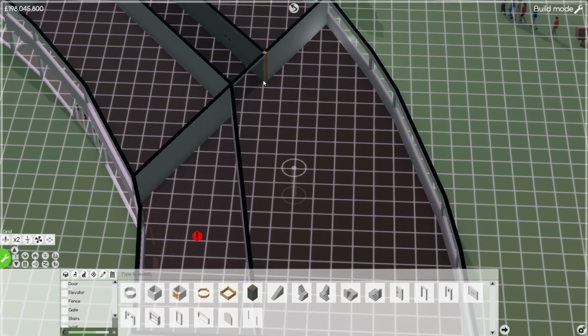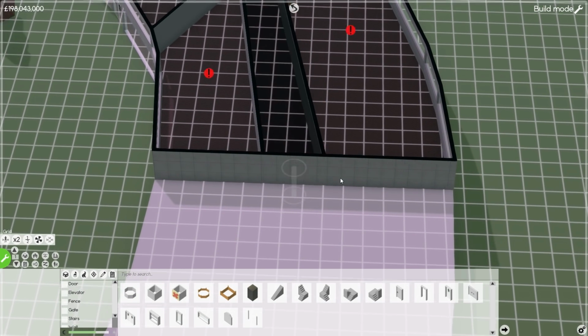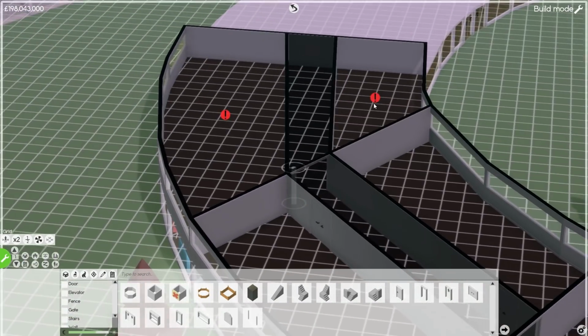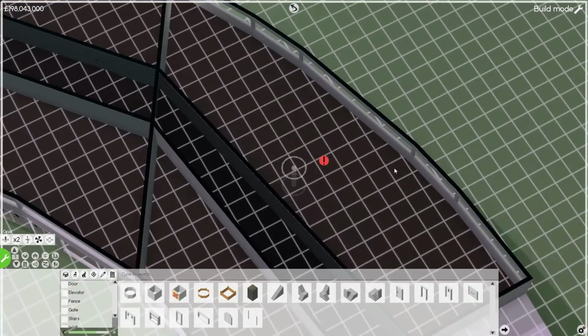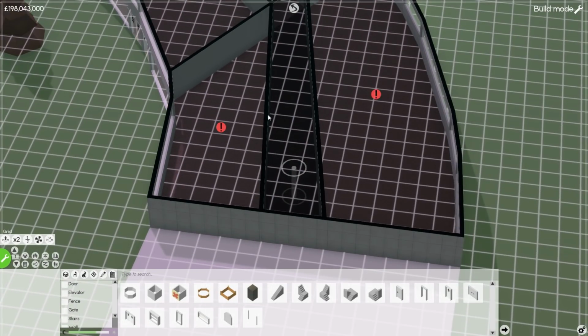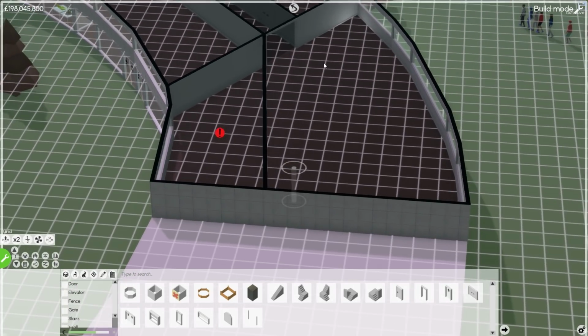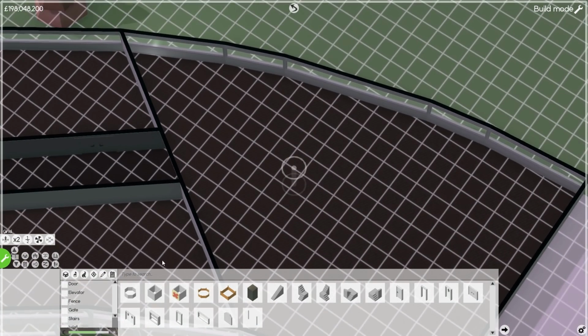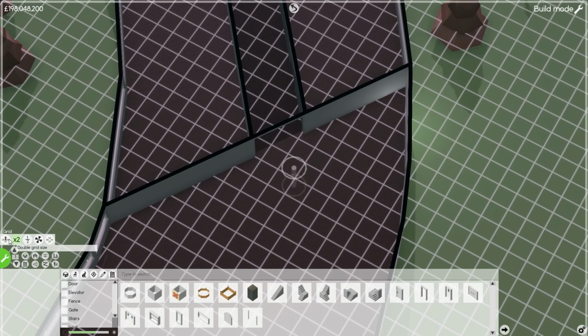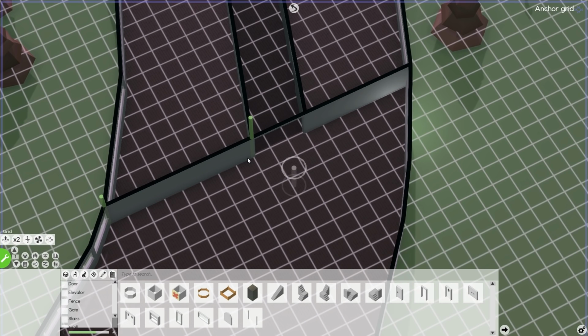So we'll do something like this and have the corridor go there, which is a little bit sharp, if anything. We might not want to do it that way. Maybe we don't want to do the corridor exactly like that. That seems a little excessive. So maybe instead what we could do is align to, well, I don't know if we want to align to this wall, but we'll give it a shot.